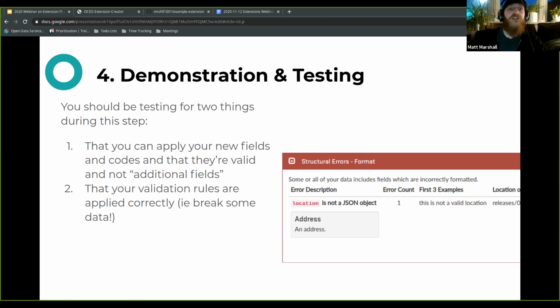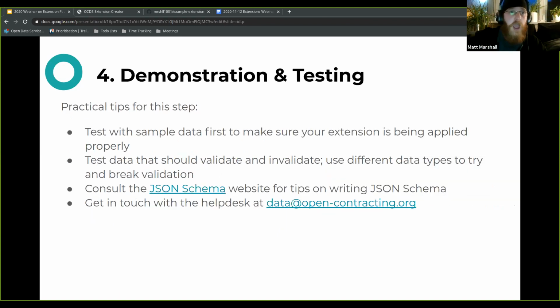The more of this testing that you can do to tease out potential bugs, the better and more robust your extension will be when it is deployed in a live environment, and potentially deployed in multiple live environments in different procurement contexts. So the takeaway points here are really to